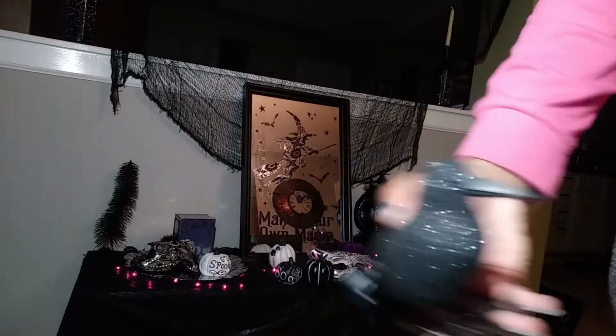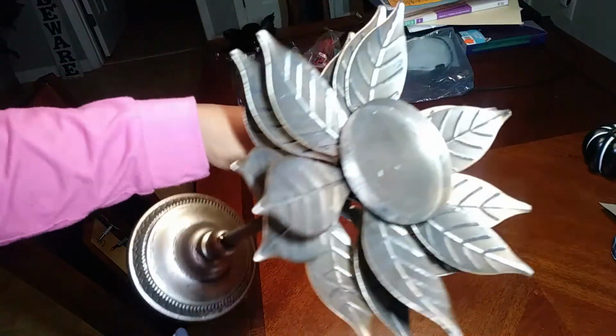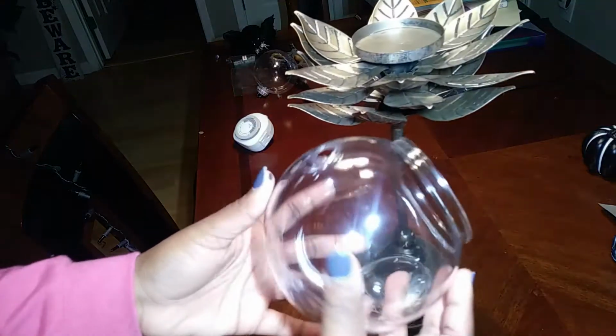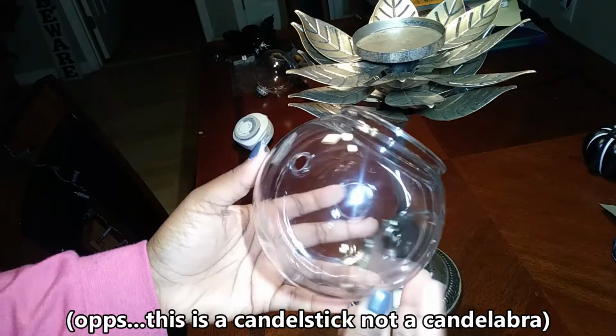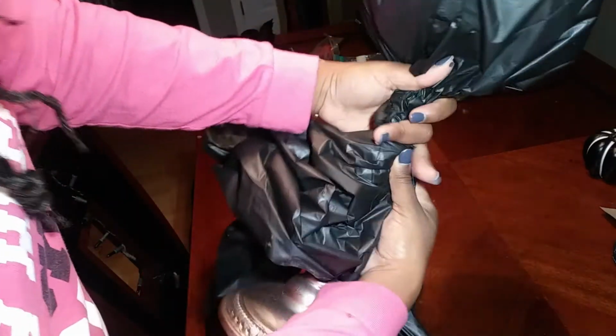Okay, you guys, it's time for the grand finale. Of everything that I made, this is my absolute favorite. I took this candelabra and I used this leftover terrarium that I had. For some reason, I could not find another glass bubble that would fit this terrarium, but anyways, I'm going to make this work. I covered the candelabra with some leftover plastic tablecloth, and I taped it up with some black